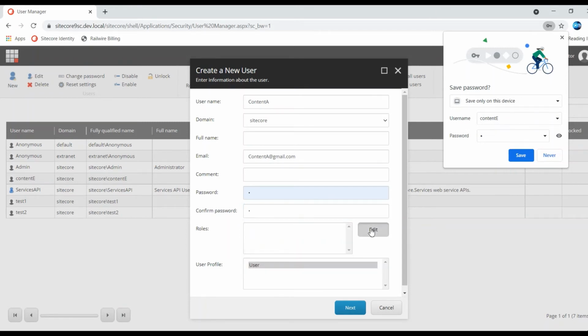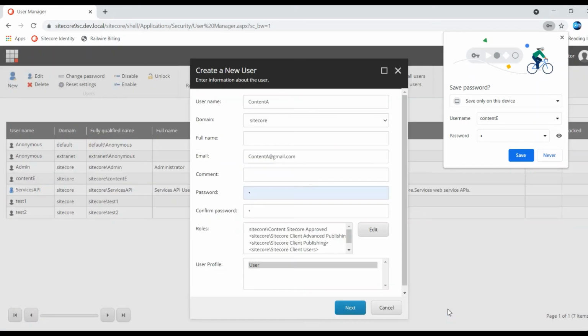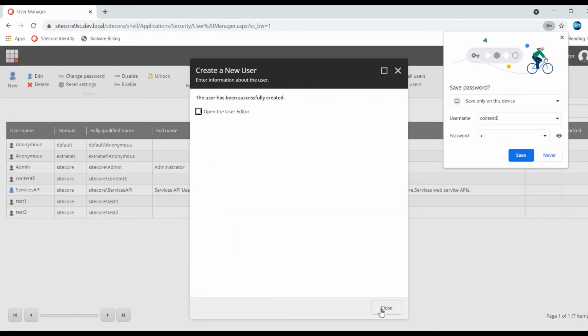I am selecting the Sitecore content approval role. Now the publishing, everything is coming: publishing along with users, authoring along with publishing and advanced publishing. Okay, next.